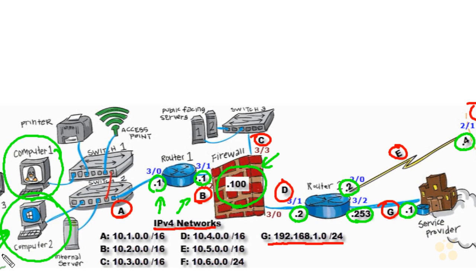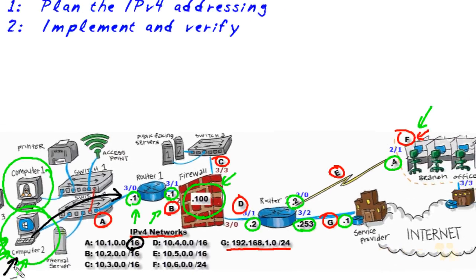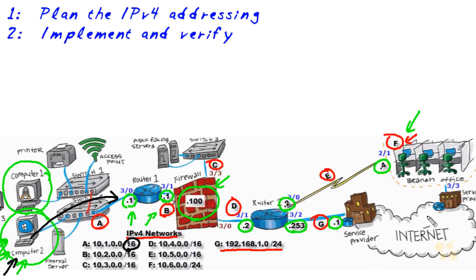And instead of using DHCP, let's use static configuration to configure its IP address, its mask, its default gateway, and the DNS server that this PC is going to use. For our demonstration, let's say the default gateway is going to be the IP address here on router 1, which is 10.1.0.1. The mask is going to be 16 bits in length, which we represent in dotted decimal as 255.255.0.0. And the DNS server we'll tell computer 2 to use is one of Google's out on the internet at